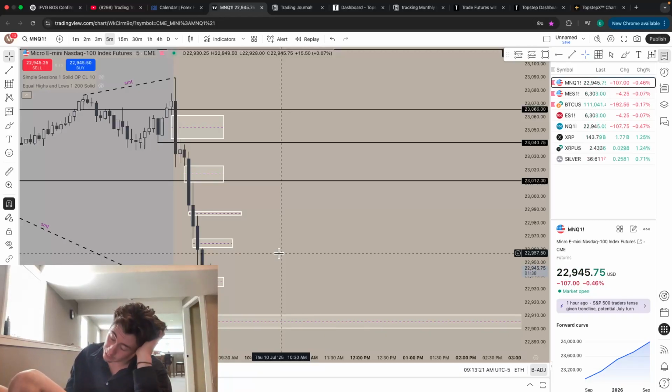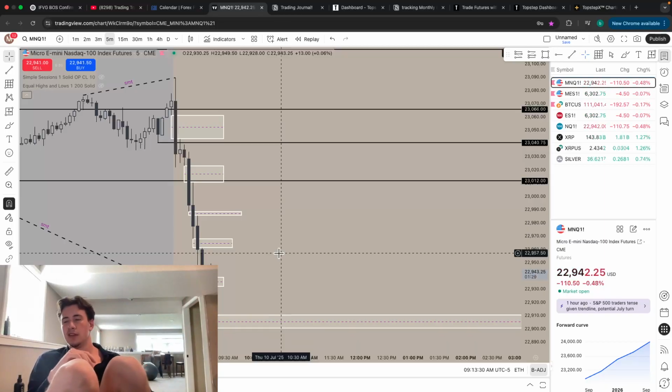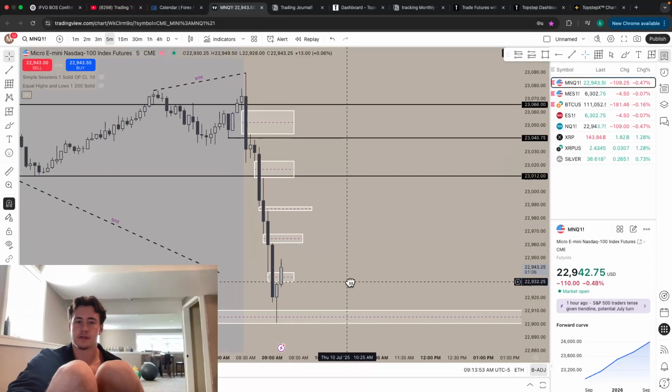Before, actually, I was just entering off the inverse fair value gaps after I had all my other confluences, which I guess is fine, but it's not really snipe. Those are kind of meh entries. I was actually looking into it for a whole week on why I shouldn't be doing that and why it's better, the pros and cons to wait for the retrace and then enter on the breaker structure. And for me, it just makes more sense because when I'm entering on the breaker structure, it's a structure shift. I'm entering on structure shift, which allows me, let's say if it's longs, I can put my stops at the low right here. Oh, my camera's in the way.